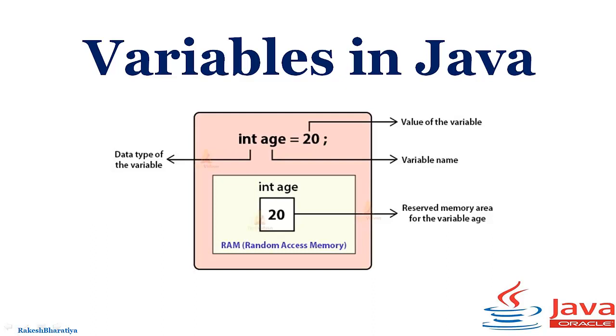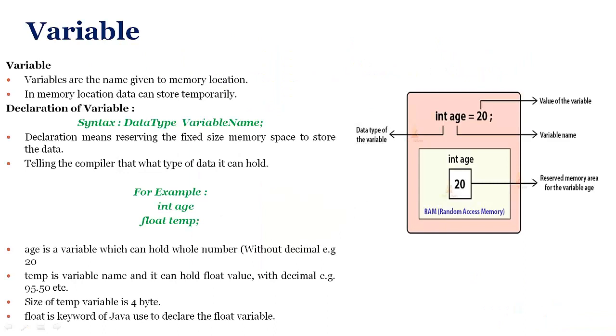When we give some input to the computer through the keyboard, it will first store it into the main memory of the computer in some location, and to process that data we require to access that data from that location. To access that data from a particular location we require the address of that location, but we don't know the address of that location. To avoid this problem we give a name to the location to access it after the storage. Then what are variables? Variables are the name given to a memory location.